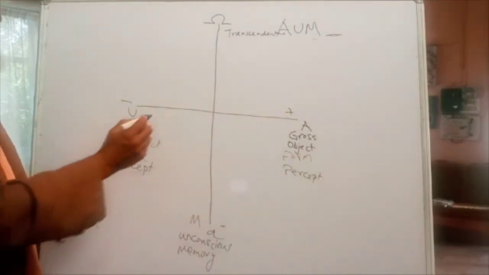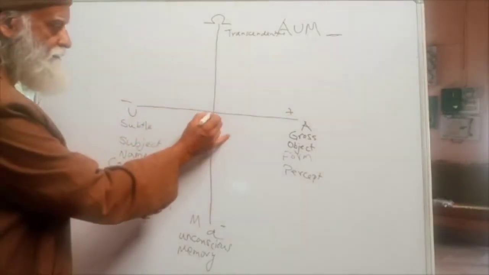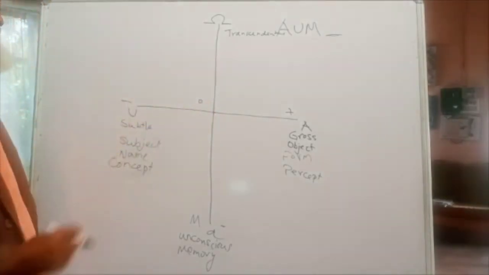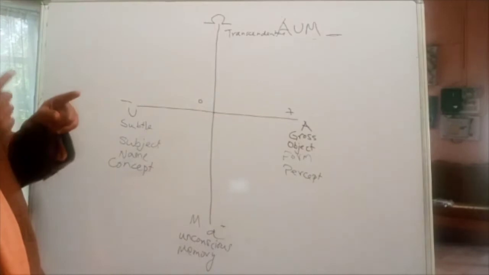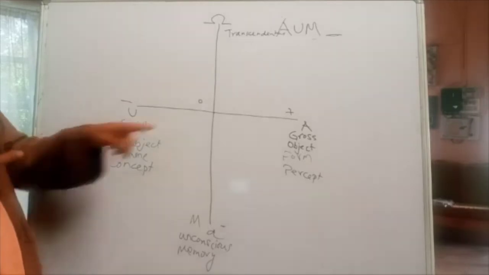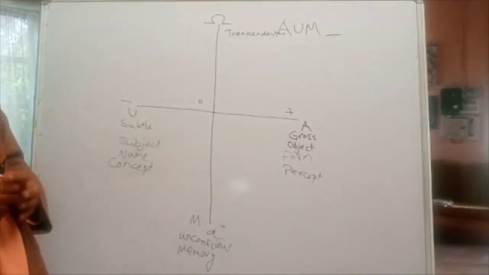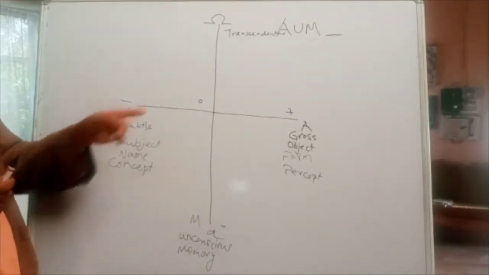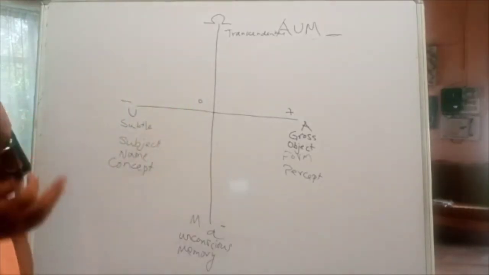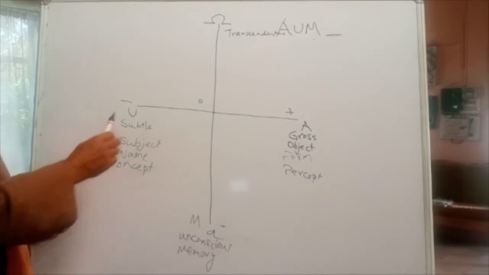Now, there is a point of intersection. This is the 0, O. This is neutral. The point where these two meet has to be neutral, has to be a neutral center. It is this neutral center that is the absolute. So we have to learn to come to the neutral center in our sadhana, and that is done by